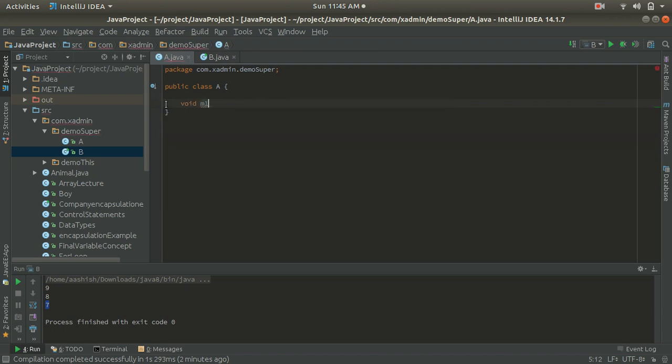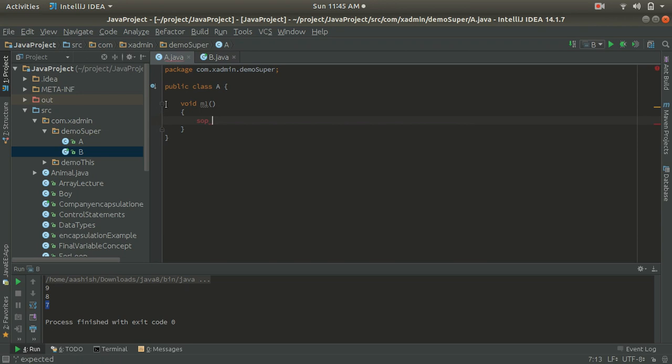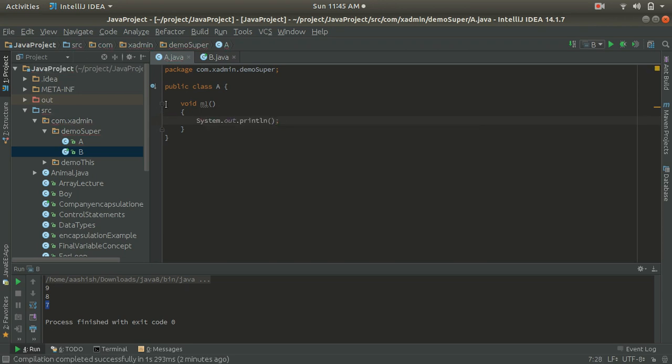So void m1, and inside the method let's use some SOP. Let's write a message inside the class A. Here I have created a method with the name m1 inside our class A.